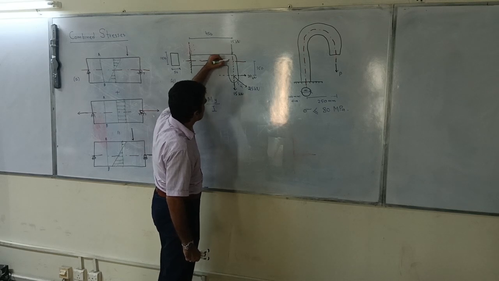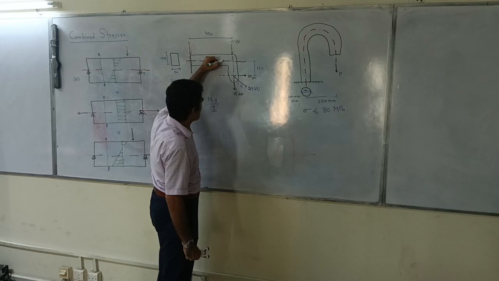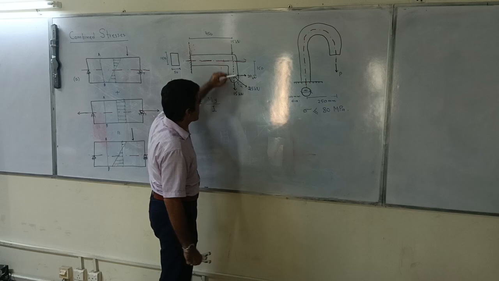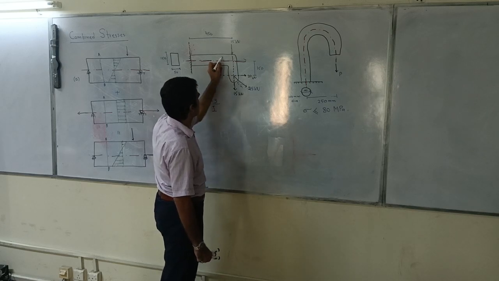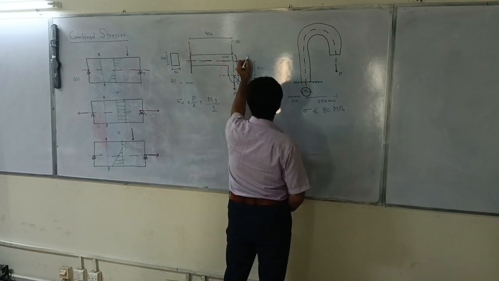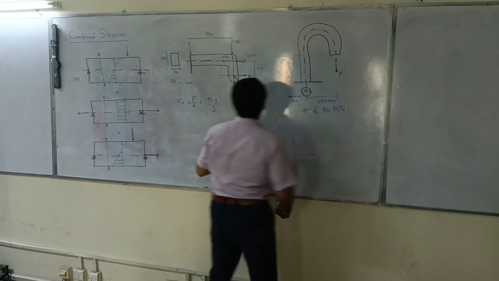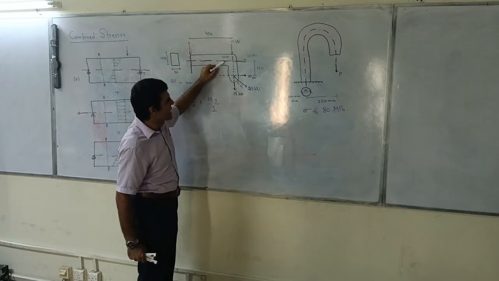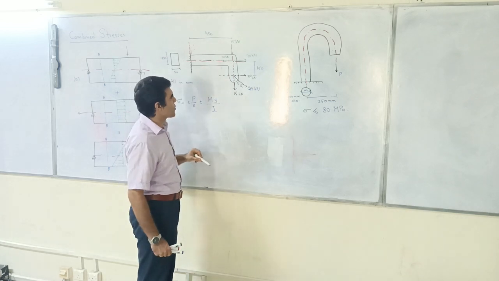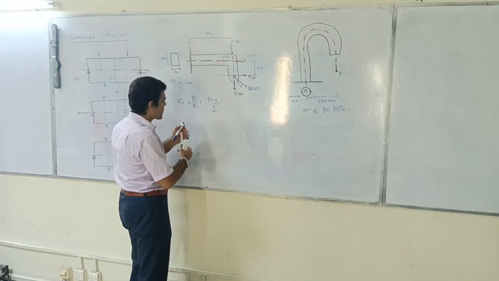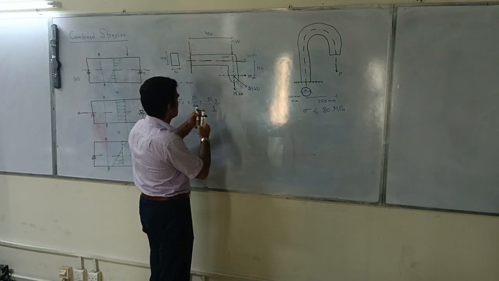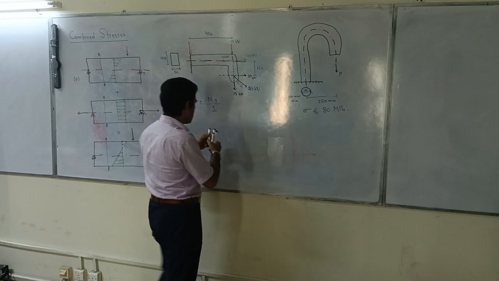I can add and subtract a 20 kilonewton load. So this 20 kilonewton will make a couple, and we will have another tensile force. So in other words, what I am saying is that on the cross section AB,